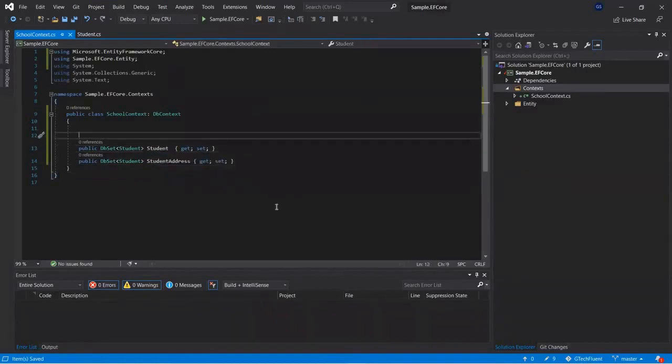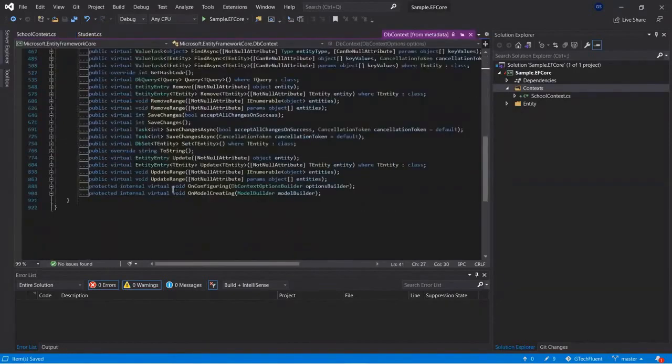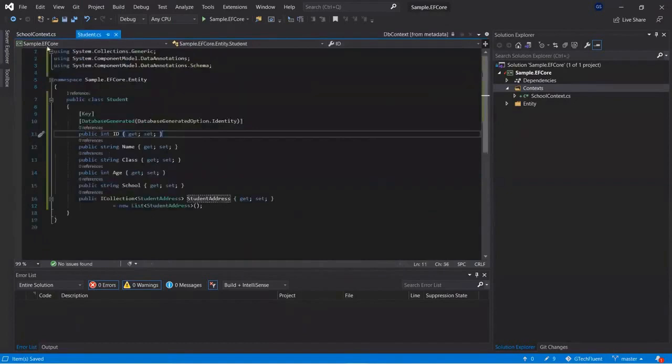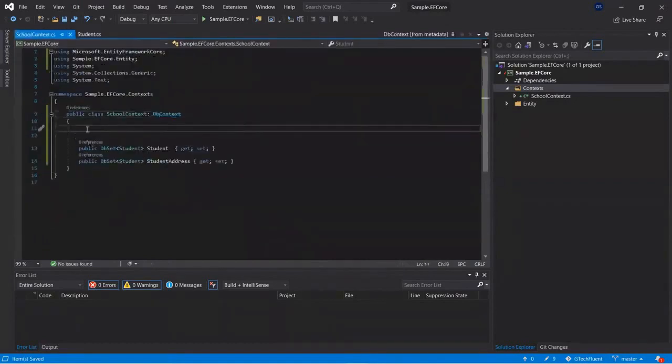After this you need to provide the connection string where your database is going to be created and this table added inside the database. For that, we need to override the method of the DbContext class, that is OnConfiguring. So let's go to the StudentContext. I already have a code snippet, so I will add it directly.